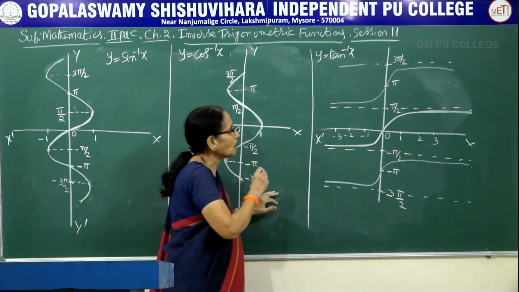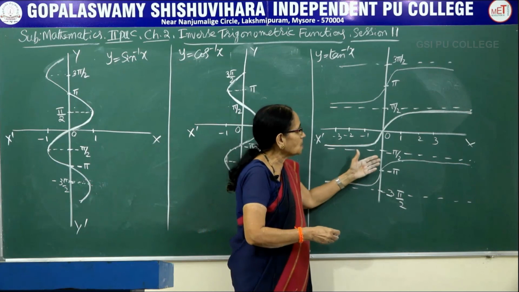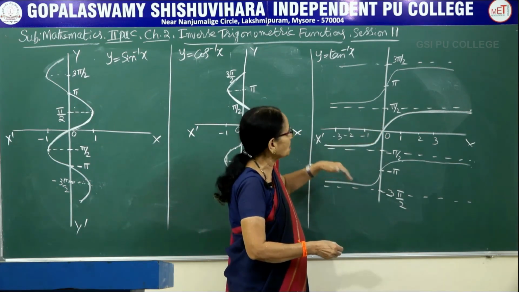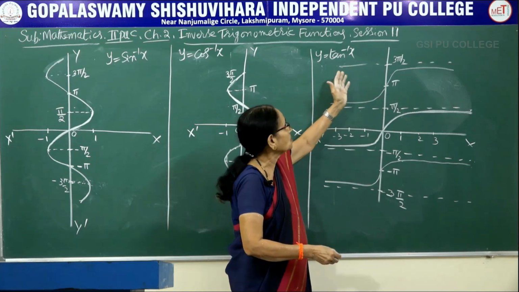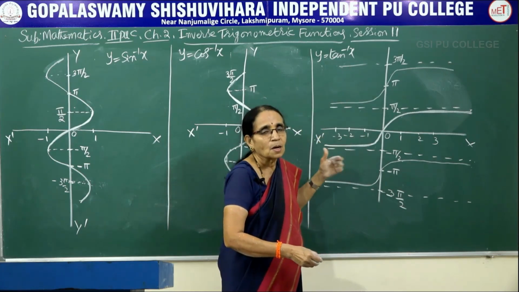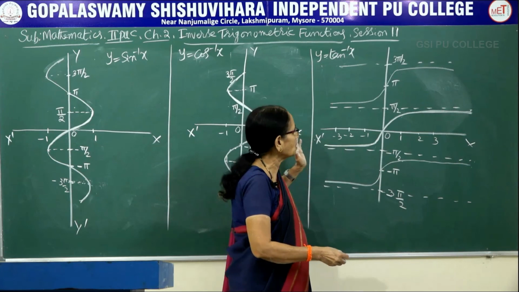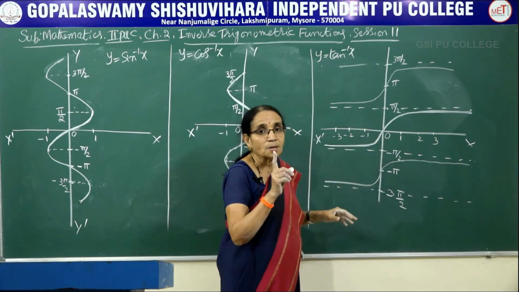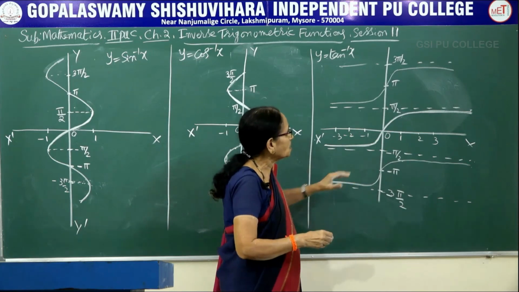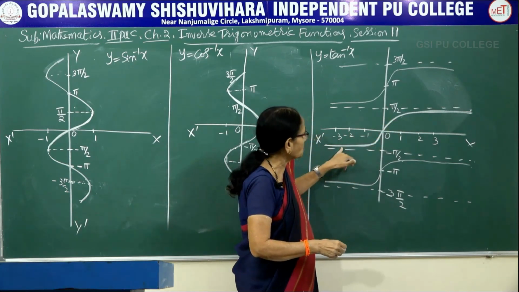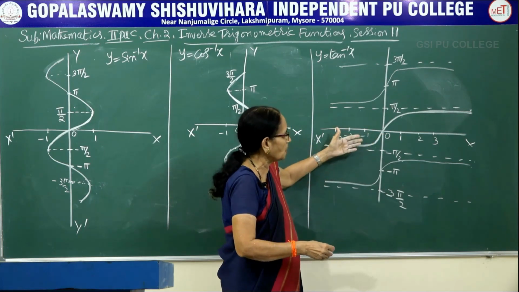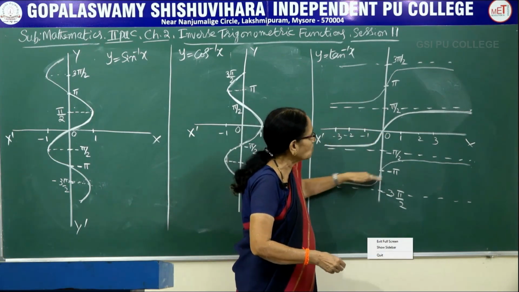Now come to the tan inverse function here. It is minus pi by 2 to plus pi by 2. That is the open interval we are considering. Of course, x takes real values here. The domain is the set of real numbers, whereas the range is minus pi by 2 to plus pi by 2, which is an open interval. That is why it doesn't touch it. The darkened part is the principal value branch of the graph here. So the remaining part would look like this.